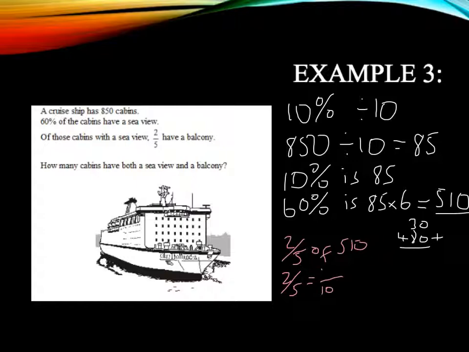something over 100. What can I times 5 by? 20. Do the same on the top. So we're going to work out 40% now of 510. 10% would be 51. 40%, which is what this is telling us, 40 out of 100. So 40% is 4 lots of 51, which is going to give me 204. So equals